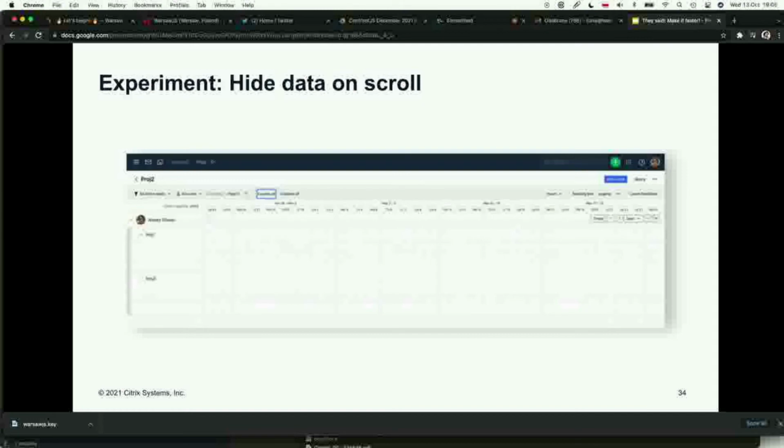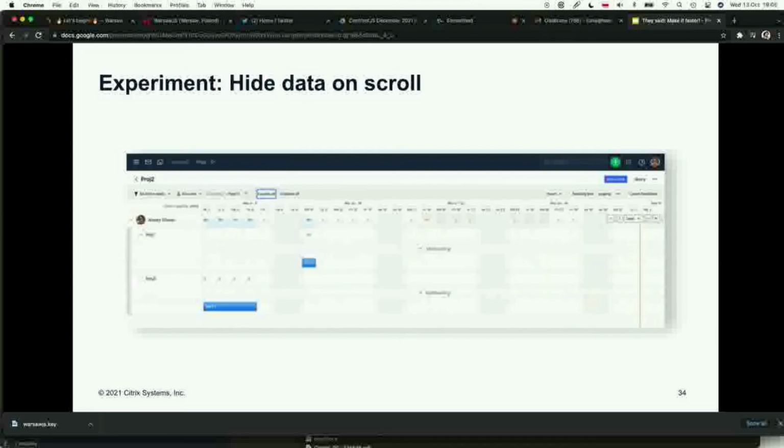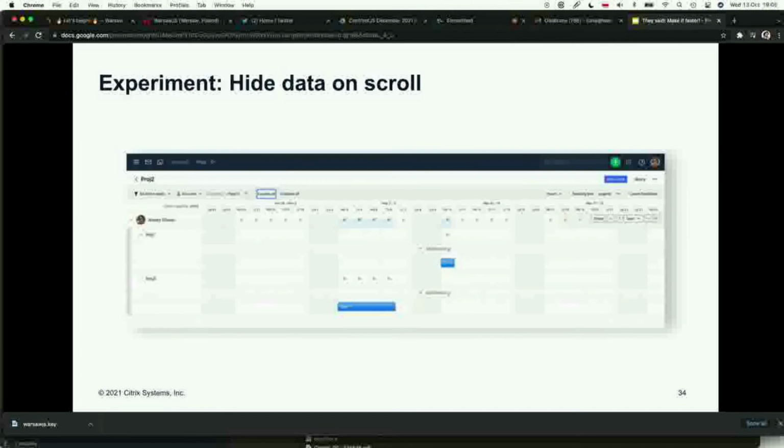You will not see any data, but it will work much faster. So in a couple of days, we implemented this experiment. We released it under a beta flag, and we enabled it for several customers who had the biggest complaints about the scrolling experience.